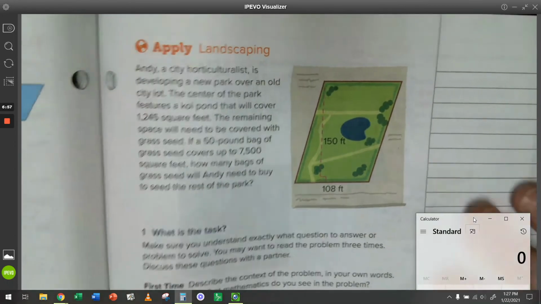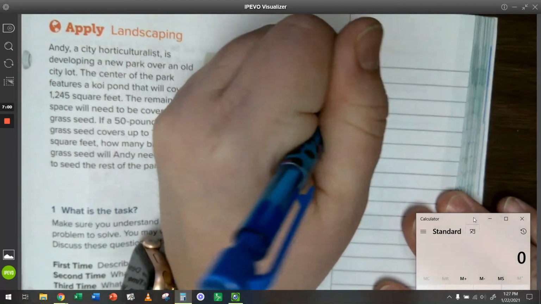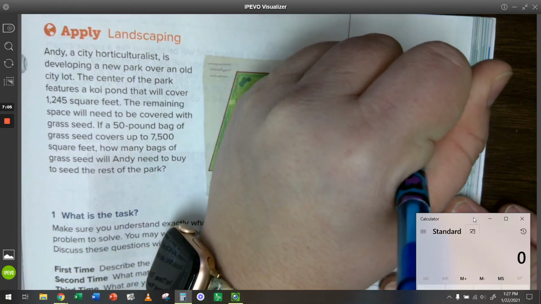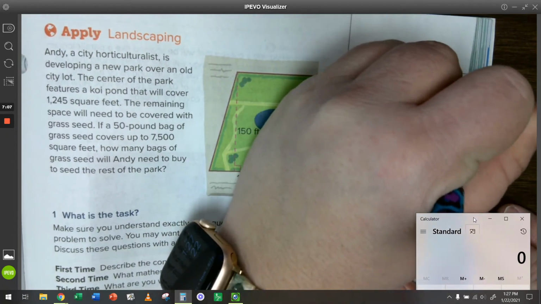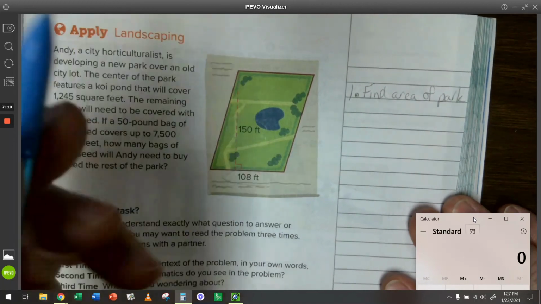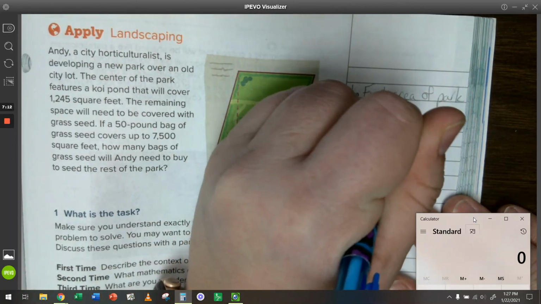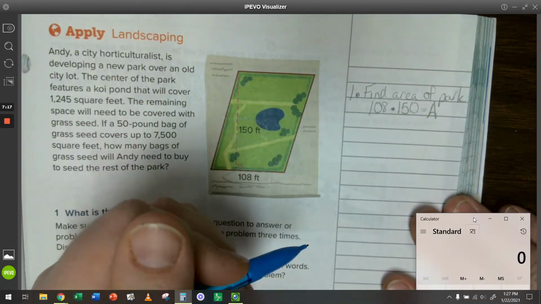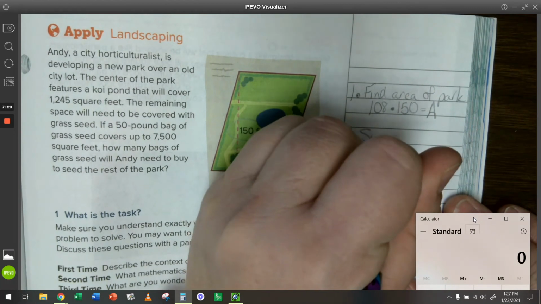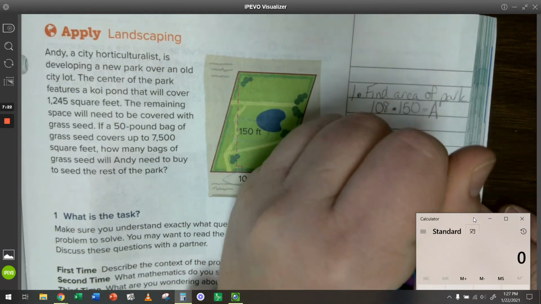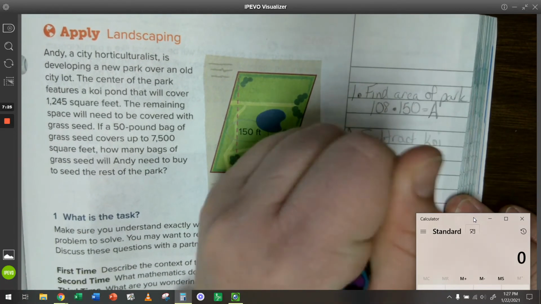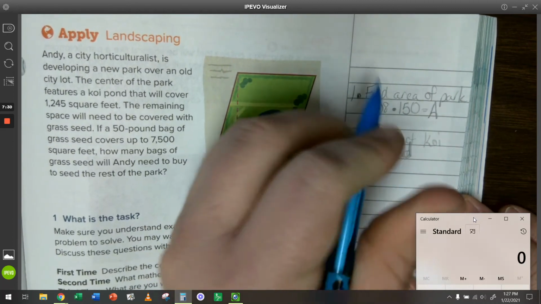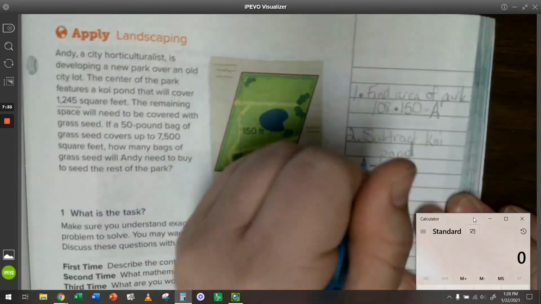So there's several steps that we would need to use to solve this problem. The first is to find the area of the park. So to do that, we would multiply our dimensions, 108 times 150 to find the area. The next thing that we would do is subtract the area of the koi pond. So I'm going to take the area minus 1,245